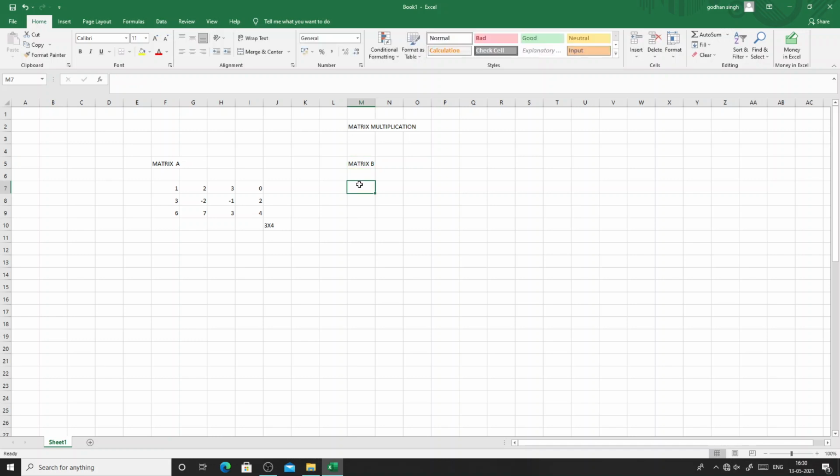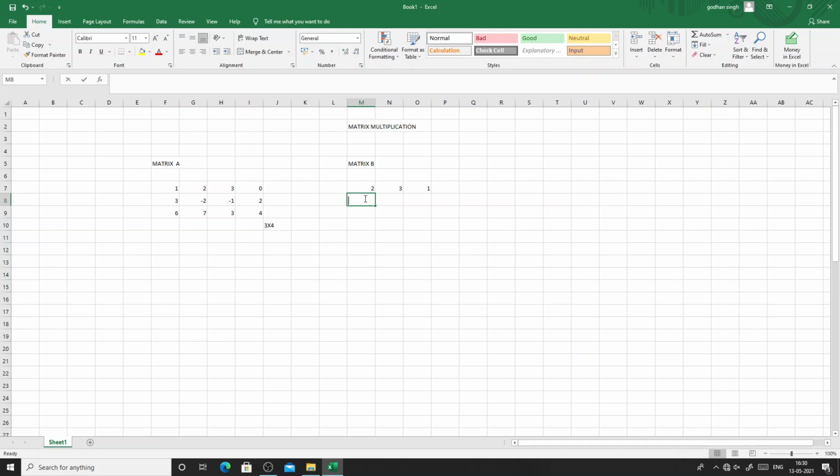So let us take some numbers: 2, 3, say 1, and remember that we should have 4 cross 3, that is, 4 rows and 3 columns.